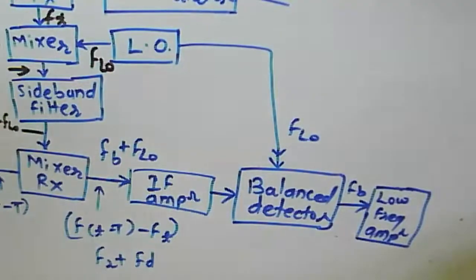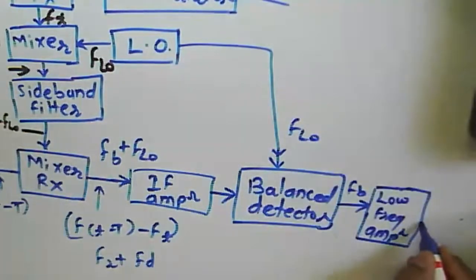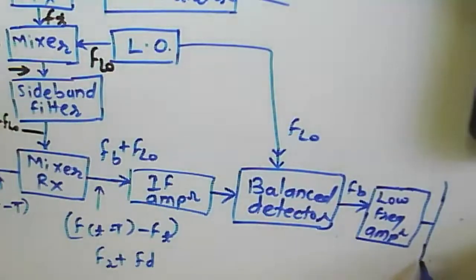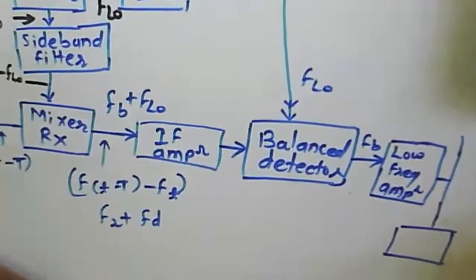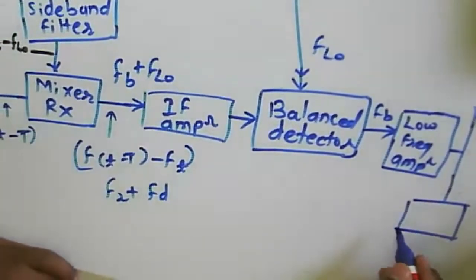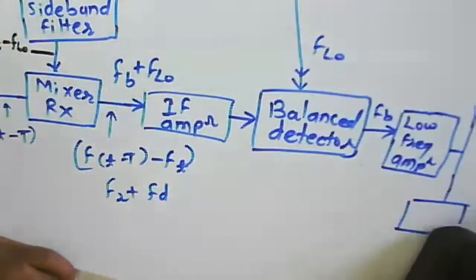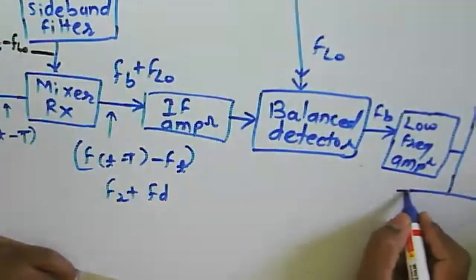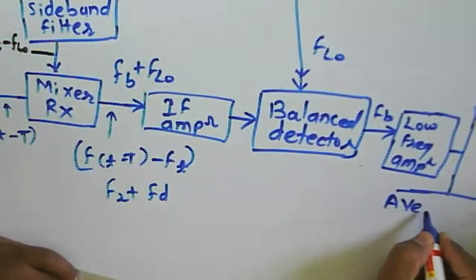We have a low frequency amplifier, and then some sort of an input is to be given to the block identifying whether it has a range as well as a velocity there. So to identify the range, we are supposed to consider another component to find out what the frequency will be. That's why we are supposed to use a frequency counter here,